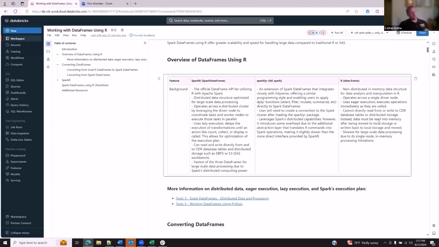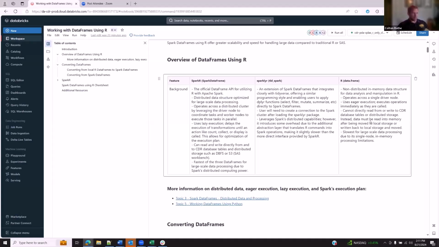It cannot directly read from or write to the CDR database tables or distributed storage. Instead, data must be read into memory after being moved to the local storage, or written back to local storage and then moved. It's going to be the slowest for large scale data processing due to the single node and